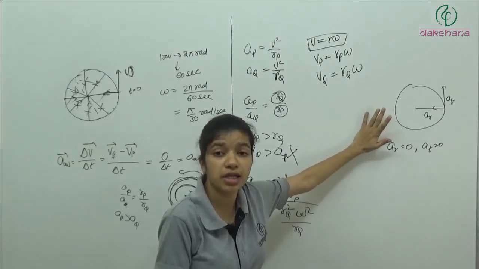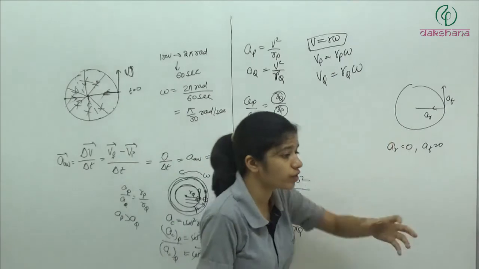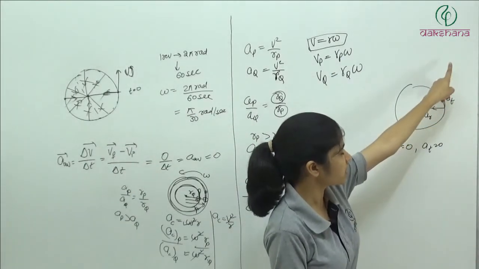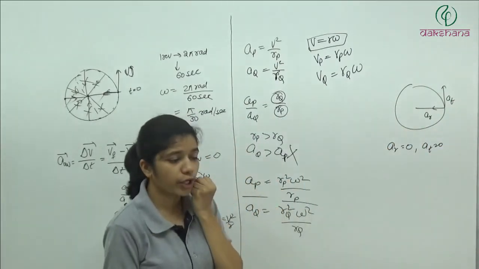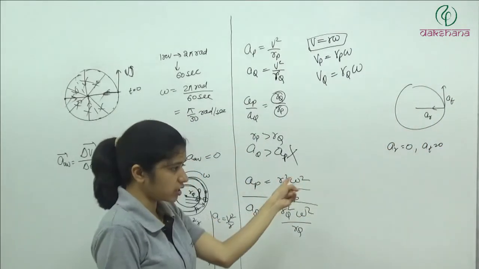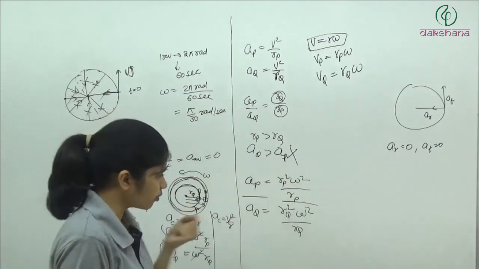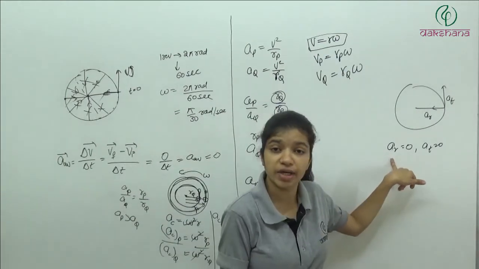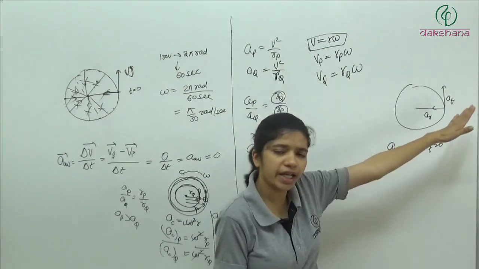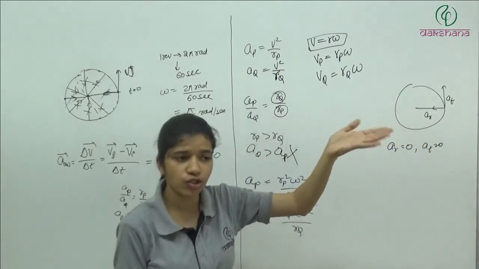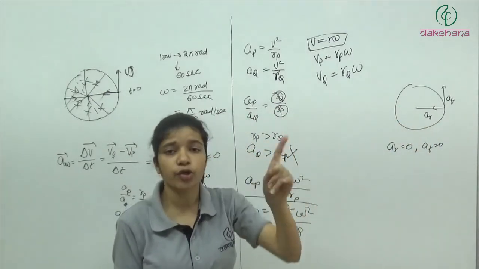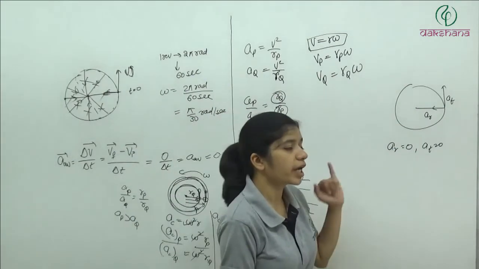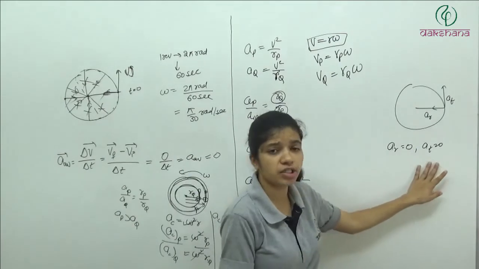Radial acceleration is necessary. There must be some force which is trying to pull that object in circular motion. This object has velocity in this direction and a force will pull it towards the center. So it will turn like this. Then its velocity is like this, it will pull it towards center. So it will turn again. So A radial is must for the circular motion. A tangential, it depends. If you want to increase or decrease the speed during the circular motion, then you can apply the acceleration in tangential direction. But radial acceleration is must. Tangential acceleration is not must.